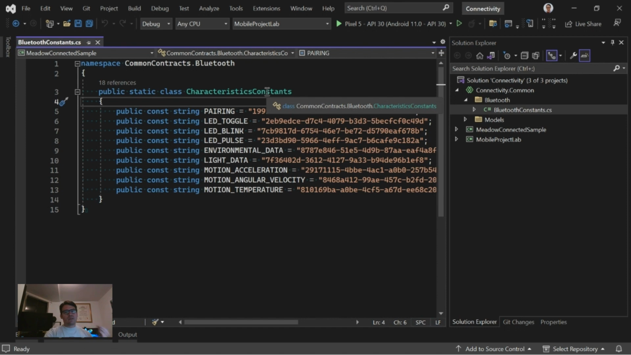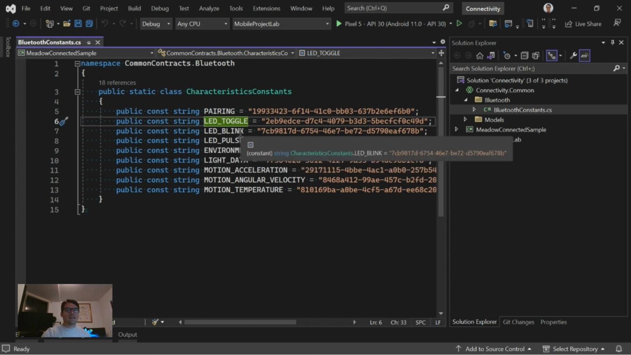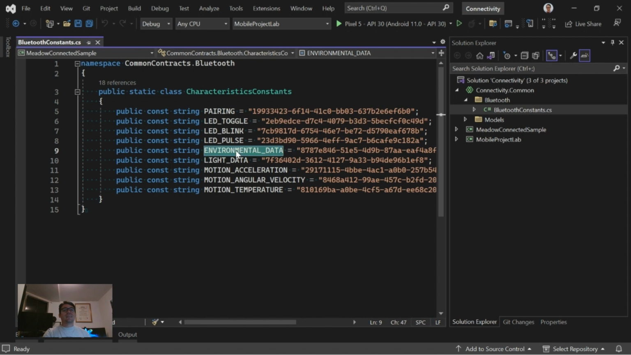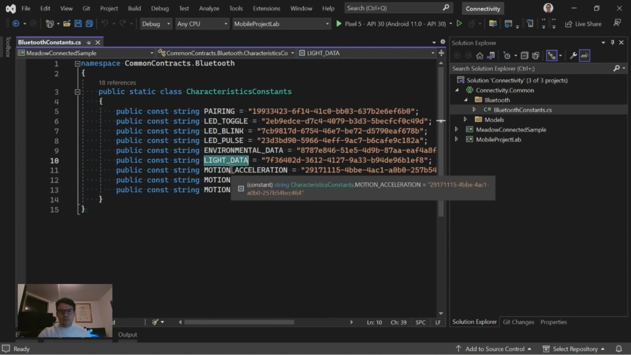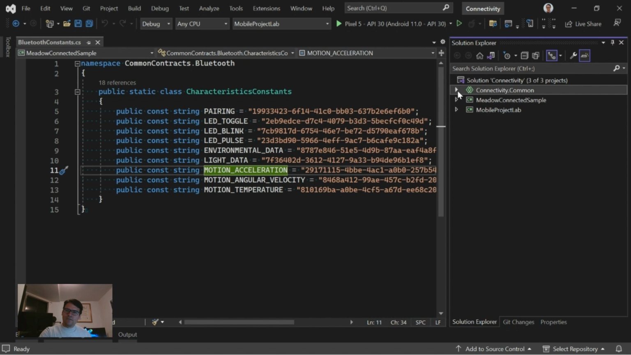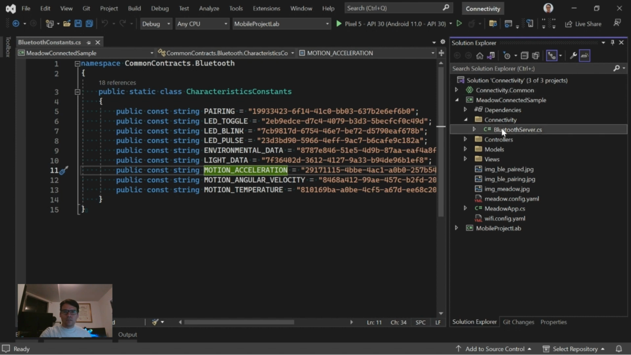So if you remember the application, it had a pairing button. It had some commands to set data for the LED to make it toggle. We have environmental data to get readings from the atmospheric sensor, the light sensor, and the motion sensor down here. And so for the Meadow side of things, if we go to the Bluetooth server,